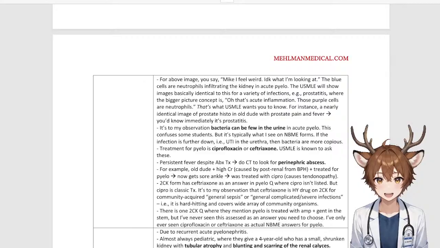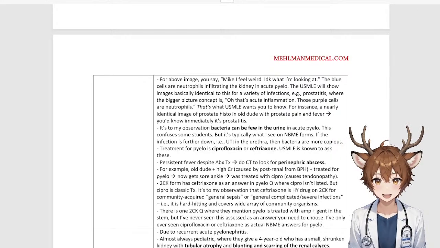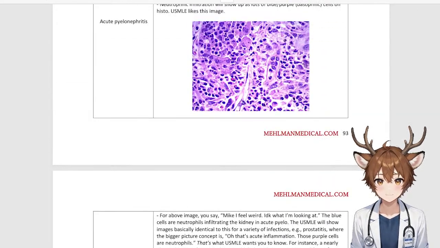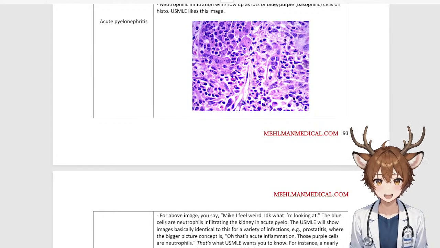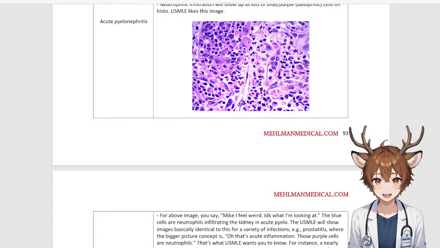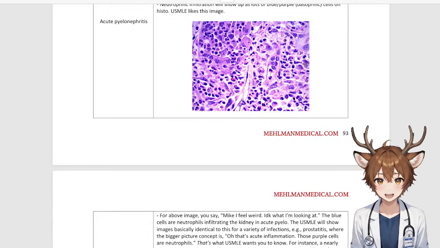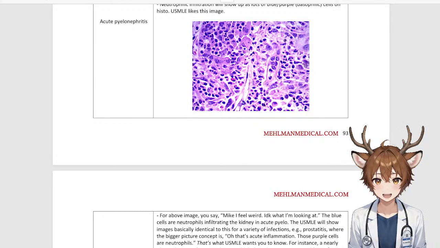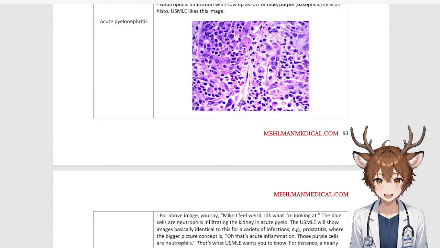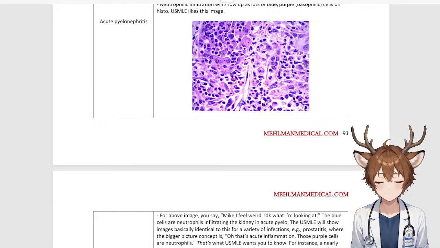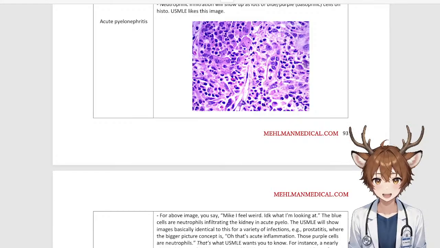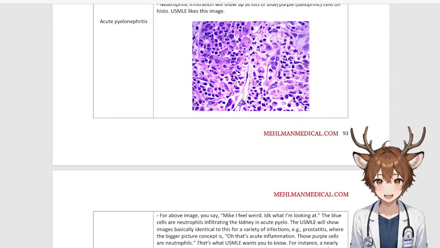So, acute pyelonephritis continued. For the above image, you might say, Mike, I feel weird. I don't know what I'm looking at. The blue cells are neutrophils infiltrating the kidney in acute pyelonephritis. The USMLE will show you images basically identical to this one for a variety of infections, that is to say, prostatitis, where the bigger picture concept is, oh, that's acute inflammation. These purple cells are neutrophils. That's what the USMLE wants you to know. For instance, a nearly identical image of prostate histology in an old dude with prostate pain and fever, you know